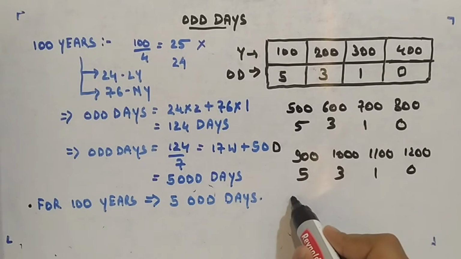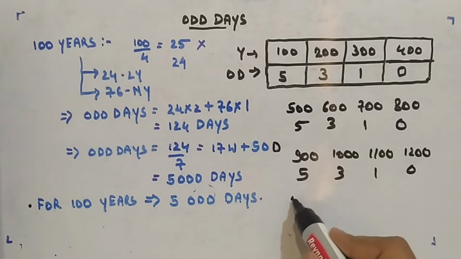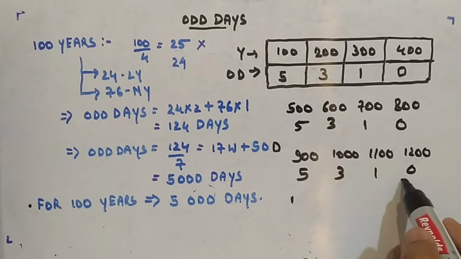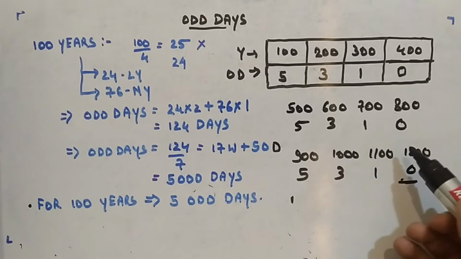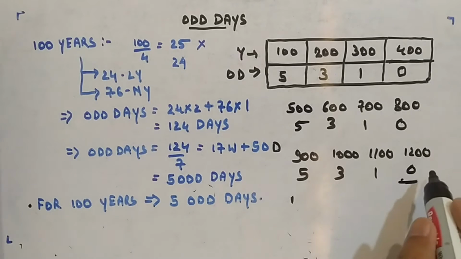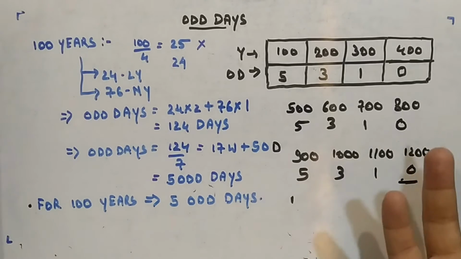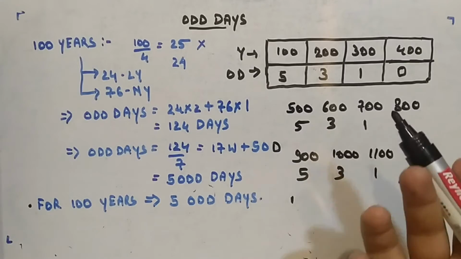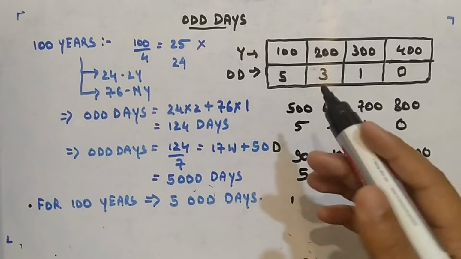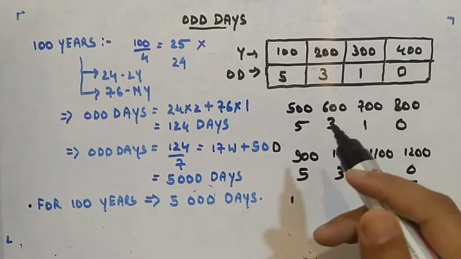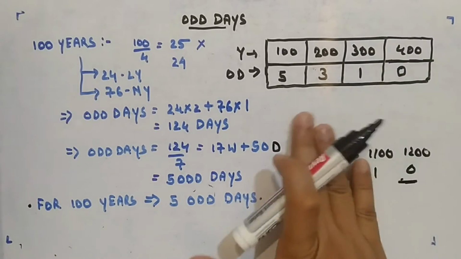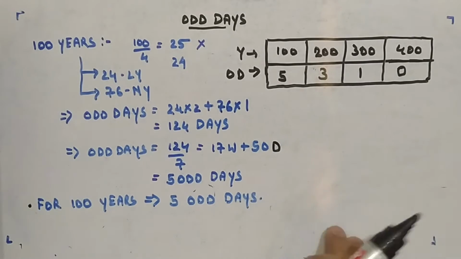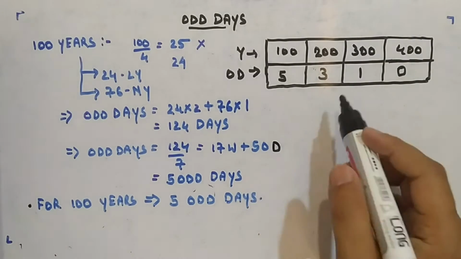Whatever it was at 0 at first year will be the same at 1200 year as well, because there is no extra day, odd day. That's why, from the beginning to the last till 1200 there won't be any extra day. So the extra day is very important to calculate the day of a date. Okay, so now how I am going to fit this in my program is, I'll run